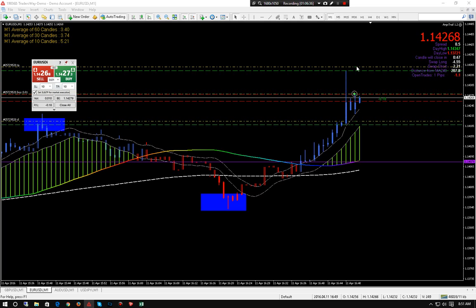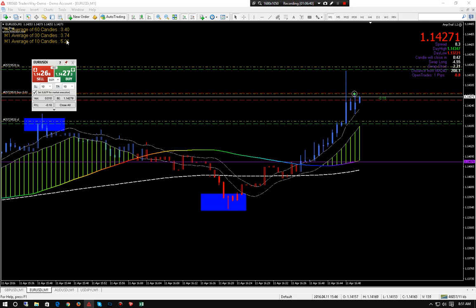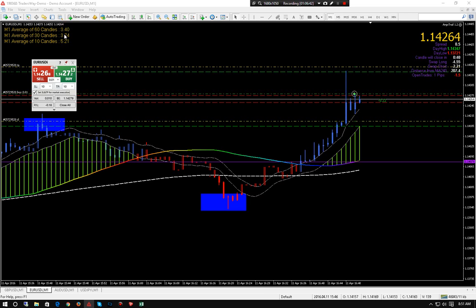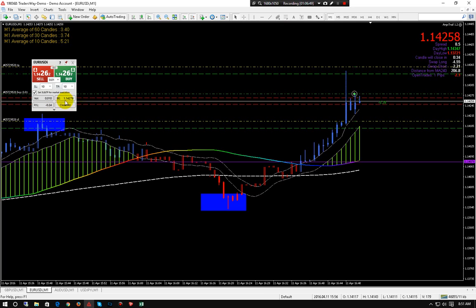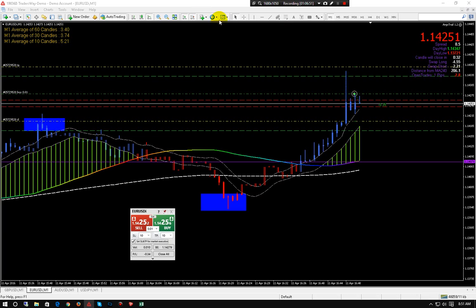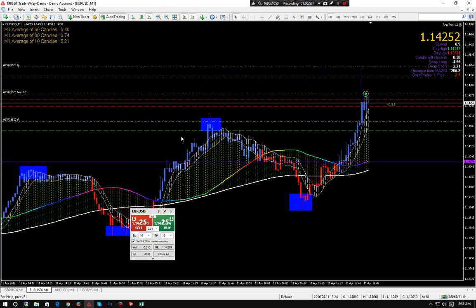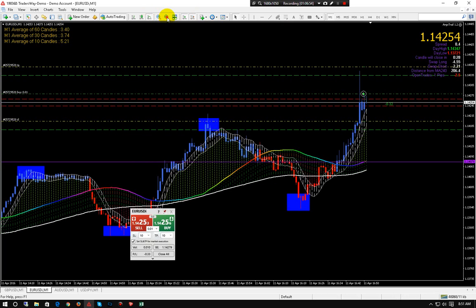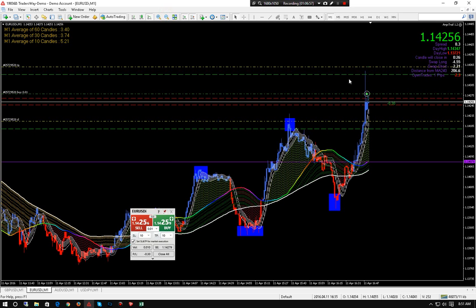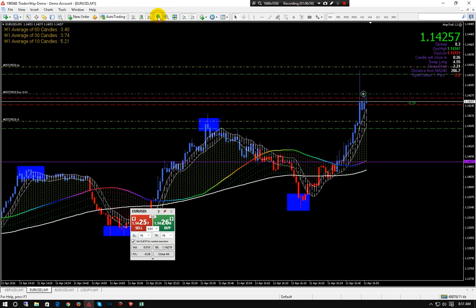You need to keep that in mind. I'm trying to show live what you need to be looking at. So just because our 10 candle jumped up, our 30 and our 60 still stayed at around 4. So 8 to 10 pips is okay. That big candle kind of worries me. Let's move this so we can see what's going on. Let's zoom out one. Let's zoom out one more so we can look to the left. Is there anything else to worry about on the left? No. So let's zoom back in.